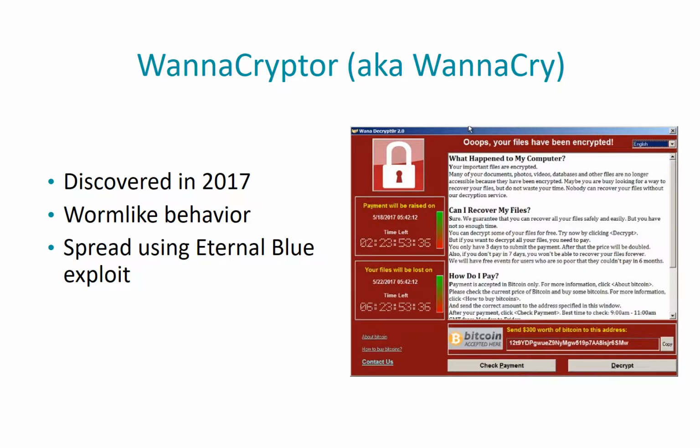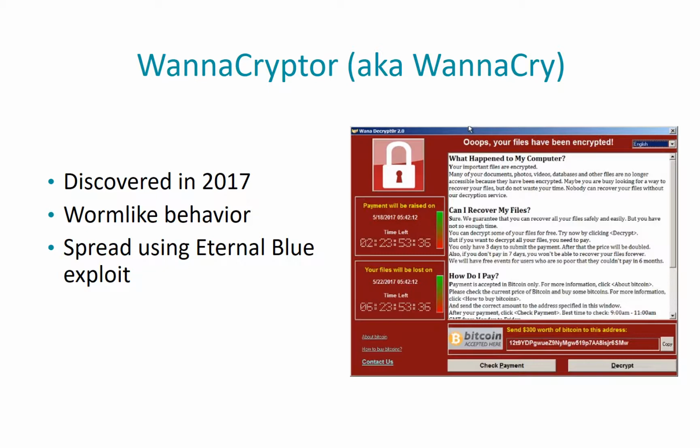Then, in 2017, we saw WannaCryptor, also known as WannaCry Strike. WannaCry infected Windows machines, and unlike typical ransomware that may infect one or two people in a company if they both opened an infected email or website, this quickly spread through the company, infecting multiple people